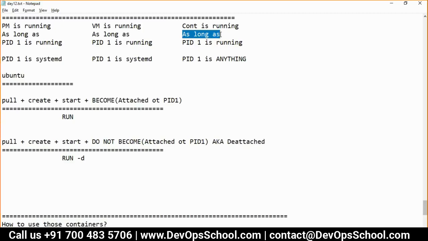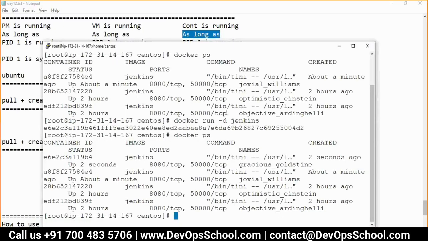Okay. So first scenario is that one. Second scenario, guys, there are web-based applications, for example Jenkins, Jira, Nexus, SonarQube. So you cannot just get an immediate output of it. You need it to be running consistently to use it. That way you will make this run in daemon mode, so it should not exit. Now I'll give you one more example so you will understand better.